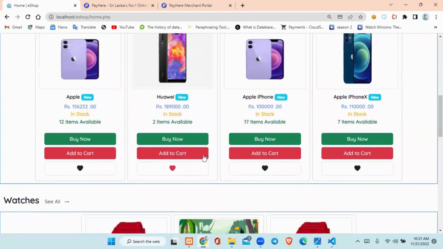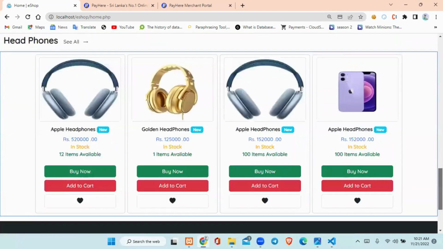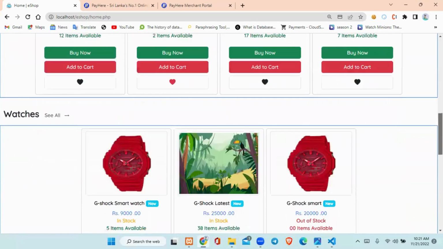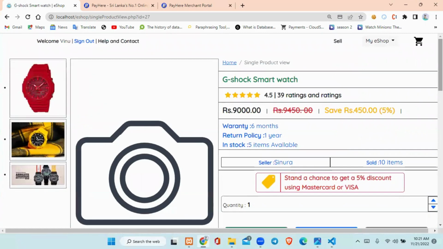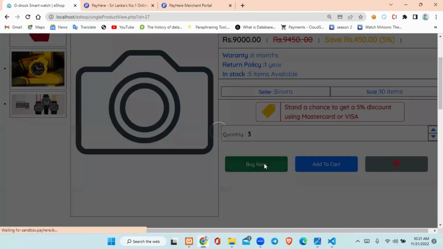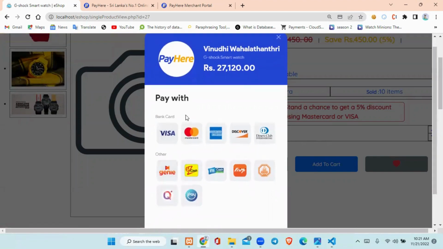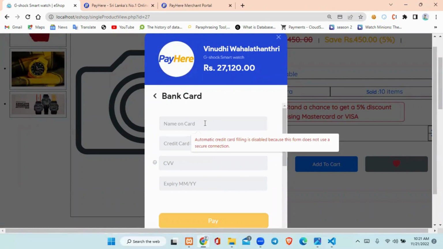So let's begin. Now I'm going to purchase a product. Let's purchase this G-Shock smartwatch. I'll buy it, and I'll also give a quantity this time. I'm going to purchase 3 products at once. Yes, the total amount has come, and as I'm paying with Visa, I'll give my name as Vinudhi